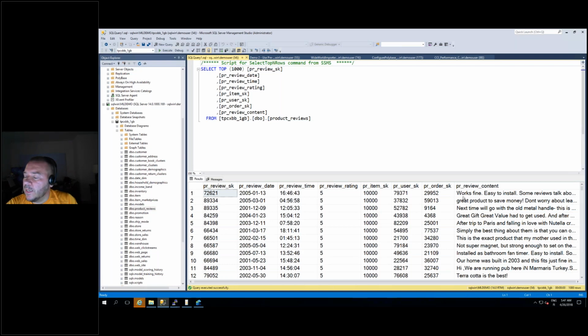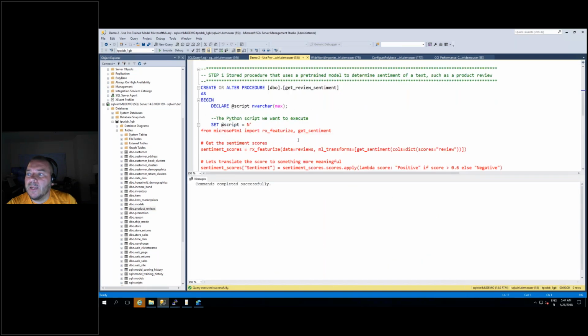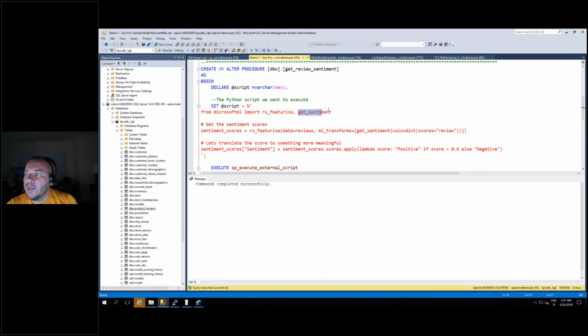We store it either in SQL Server, or we could even use Polybase, which is the big data integration in SQL Server, so that we actually store the sentiment data in a Hadoop cluster, and then use Polybase to connect to the Hadoop cluster using external tables, and then we just query the external tables using SQL Server. Now, in this example, I'm leveraging Microsoft ML packages and a pre-trained model called getSentiment. This one is trained to understand English text, and it essentially will automatically give you the sentiment of your review.